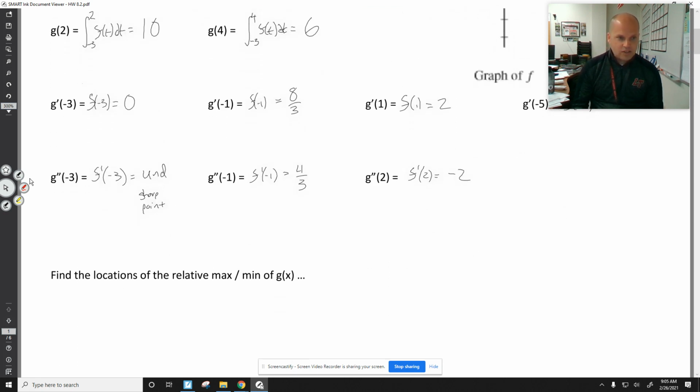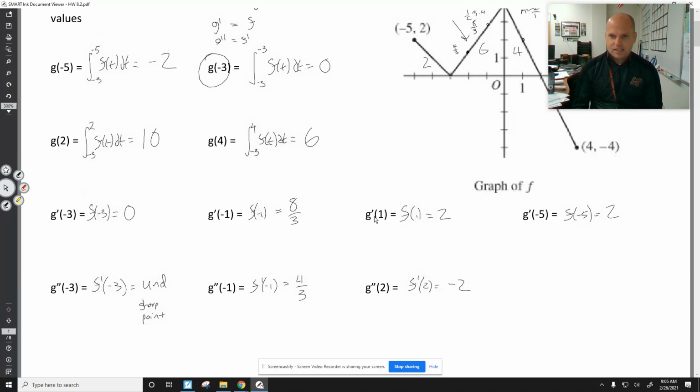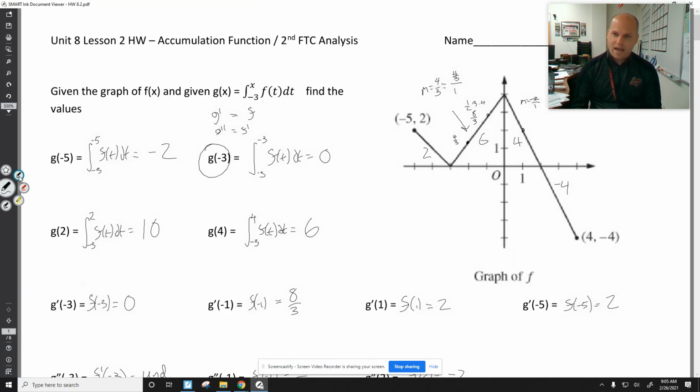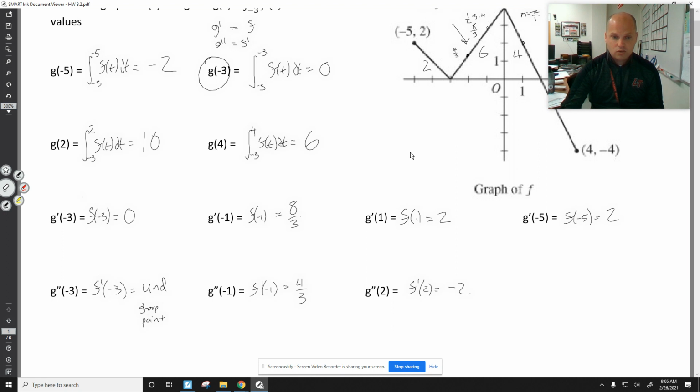Find the locations of the relative max min of G. So again, this is just like what we've done back in Unit 4, when it's like, hey, this is f prime. What are the max and mins of f? And you do a sign analysis of f prime. You look at when things are positive or negative. This is like a velocity. You look at when velocity changes sign to figure out when you're moving to the right or left, or we're looking at when f prime changes sign to figure out when f is increasing or decreasing. You're not looking at slopes for this. You're looking at